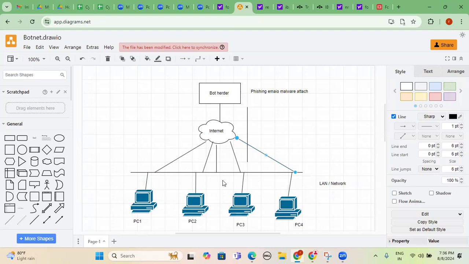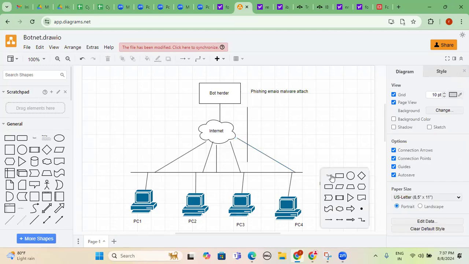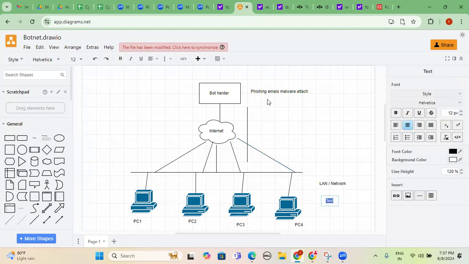It's a computer network connected in a single system or single location or single building, we can call it a LAN, local area network. Now these systems will get compromised. Whatever systems got compromised, who will control them? Remote control or command and control, or C2, C square C. That is nothing but command and control.